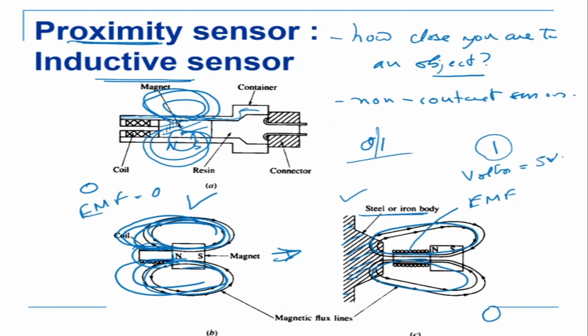For example, if there is a conveyor like this and parts are coming on a conveyor, and there's a robot which has to go and pick it up. So when the part comes, a sensor has to tell the robot that the part has come. So this can be a proximity sensor which senses that a part has come. And the moment a part has come, it gives a signal of 1 to the robot. The robot now understands the part has come. It goes there, picks it up, and takes it somewhere or does some other function. Okay, so this is a proximity sensor.